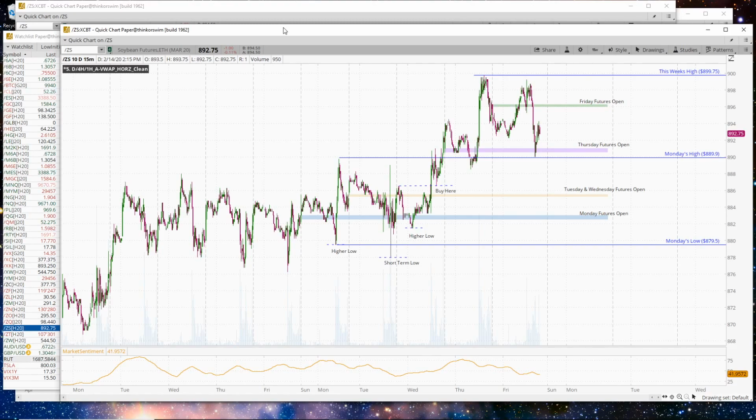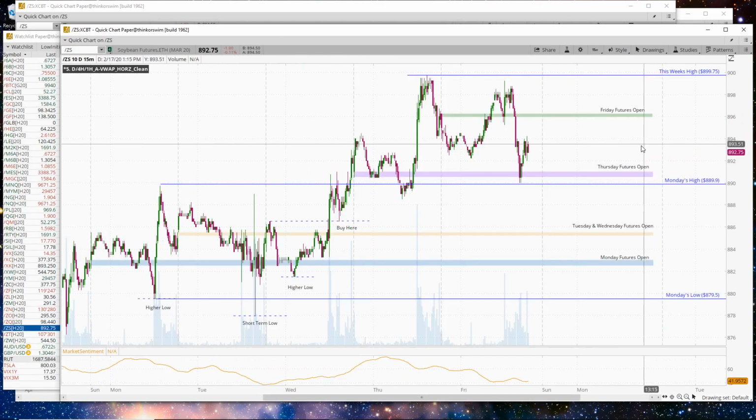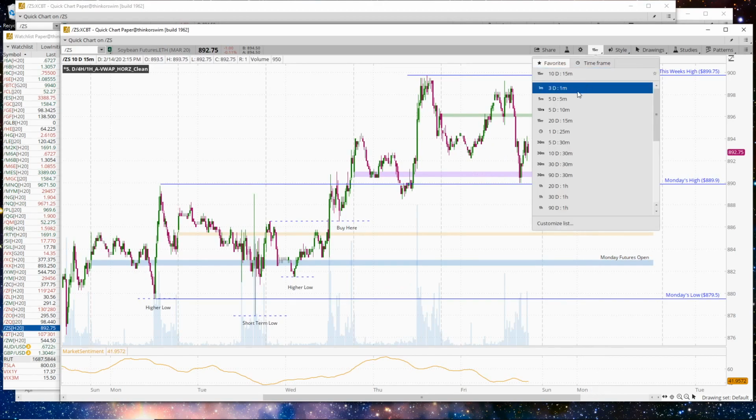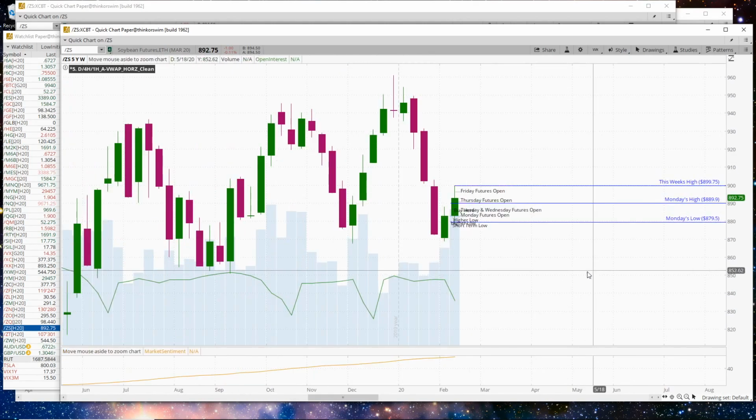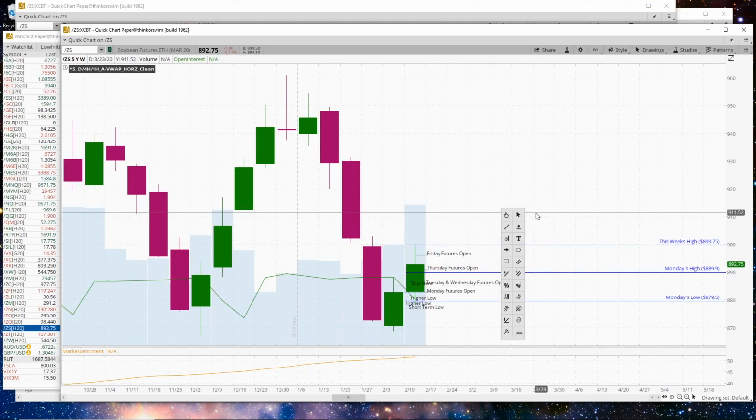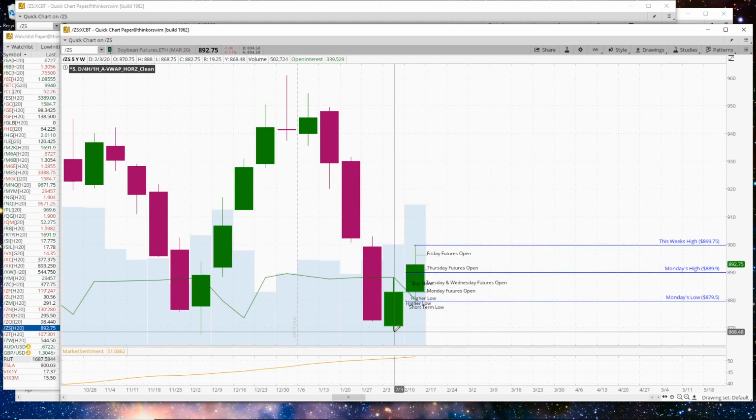So let's just hop right to it. Something a little different here. Just kind of color code the futures open time frames here, and just going to peel back and look at last week. And what we should do first here as well is mark off our last week's high and low, or open or close, or high and low. Well, look at that. So this was